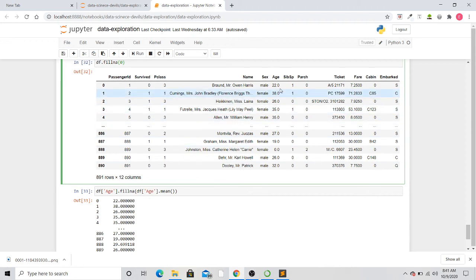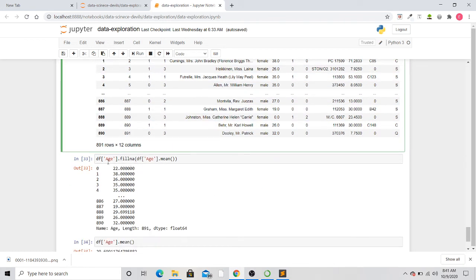So I will replace the missing value for the age column with the mean age. So here I will write df age dot fillNA. So we have gained access to the age column, and then we have filled the missing values for the age column with the mean age.